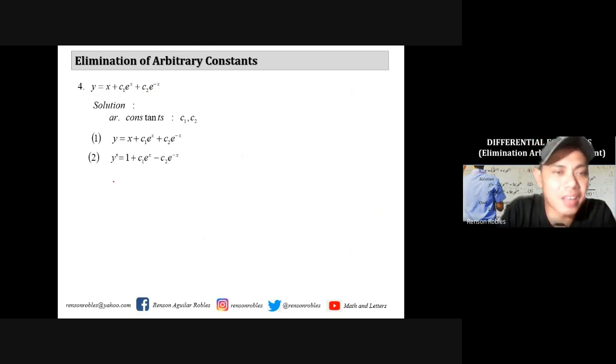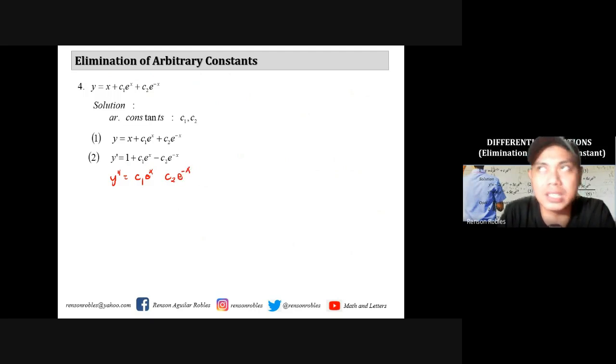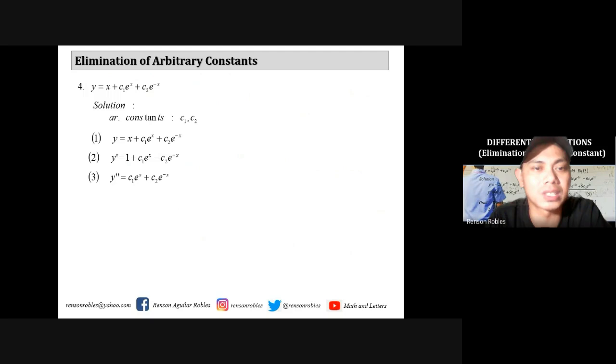Differentiating it again, you have y double prime. You know that the derivative of 1 is 0. You copy C1 again, differentiate e to the x, so that's e to the x. Then copy C2, copy e to the negative x, differentiate negative x, that's negative 1. Multiply it here to another negative 1 here, so that will become positive. Okay? So you have y double prime equals c sub 1 e to the x plus c sub 2 e